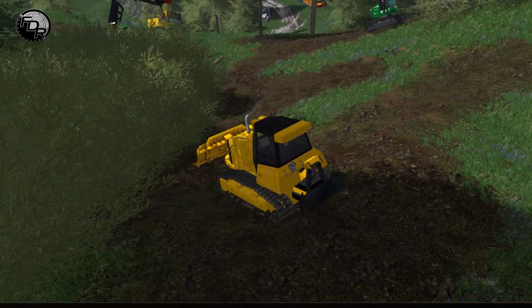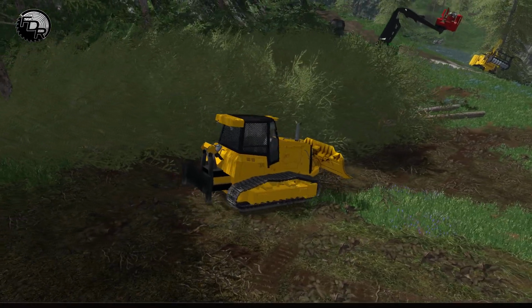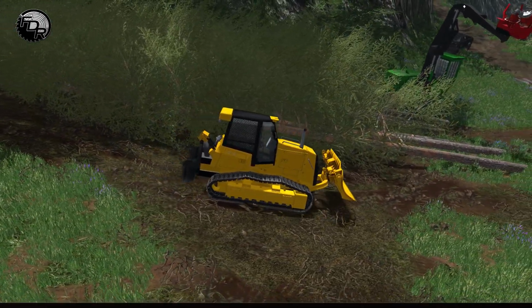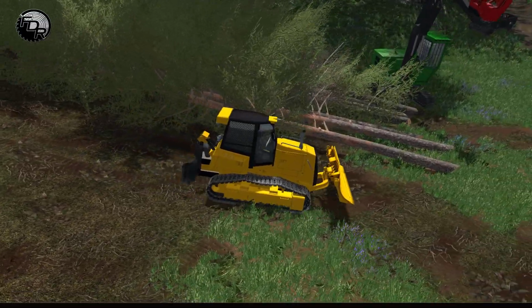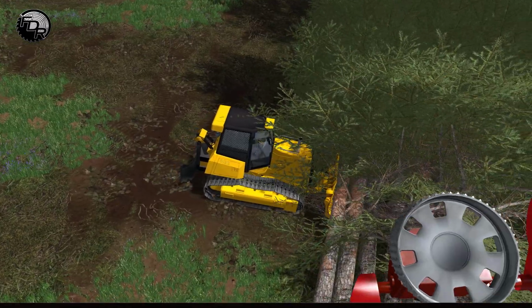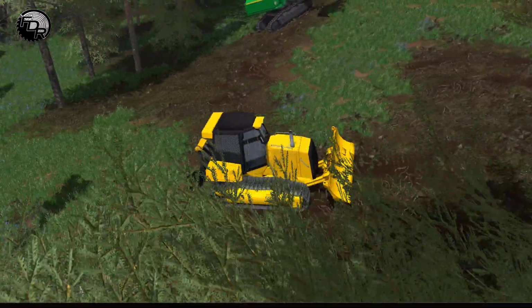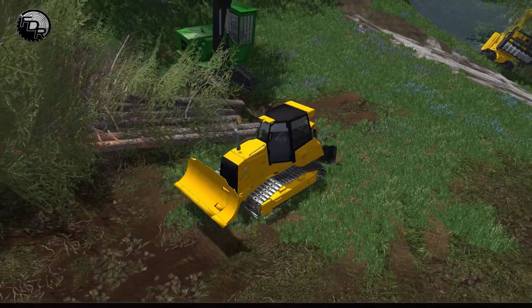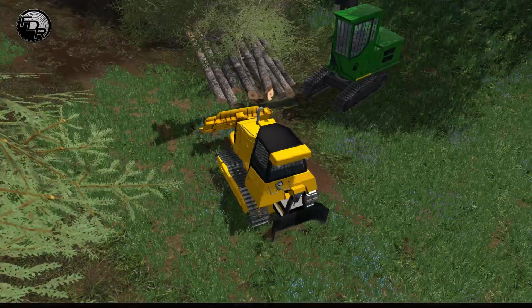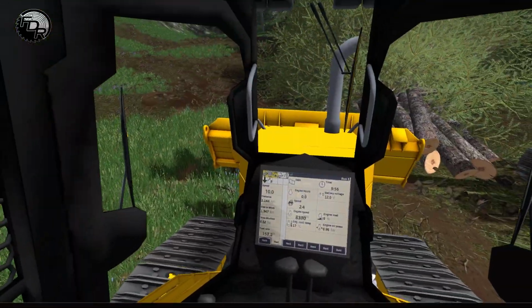Pull our blade back up. And then you can go back down to the bottom. And you can also cinch these logs up. Like, for instance, they look like they're sticking ahead a little bit. So you can even cinch them up with this machine, which is really handy because that blade's so big on the front. So if you find that your logs are all mismatched on the front, like see how they're kind of some stick ahead, some stick back. It's actually not too bad for this one, but if you find that they're a little too...